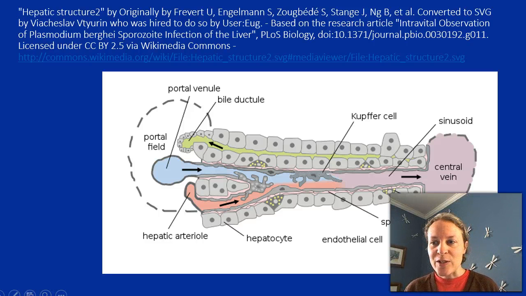But typically, here are our hepatocytes, right? And the bile is gathering here. It goes out through the ductules, joins with other ductules, and ultimately forms a large duct. Conversely, we have some blood coming in from the gastrointestinal tract or elsewhere, joined with blood from the hepatic arterioles coming from the heart. That's joining together on the other side. So we have our bloodstream here, our hepatocytes here, and our